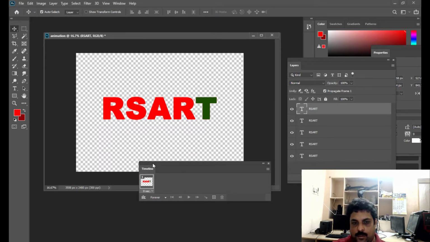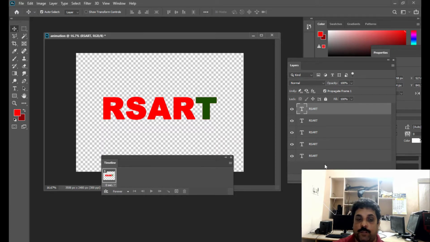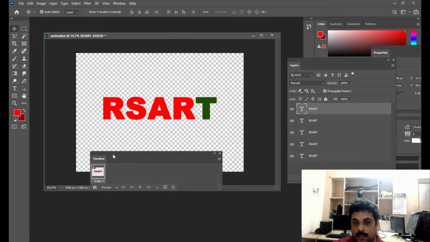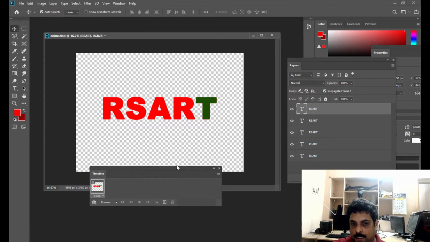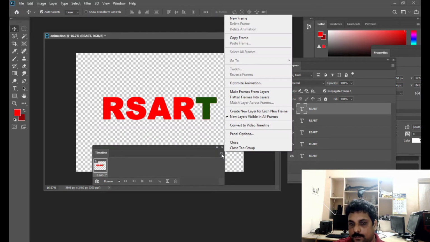Okay, so the next thing we can do is we want all the existing layers in the layers panel to be converted to frames. So how can you do that? Just select the timeline panel and go to the top right corner and click on this button, and then here we have an option, Make Frames from Layers.